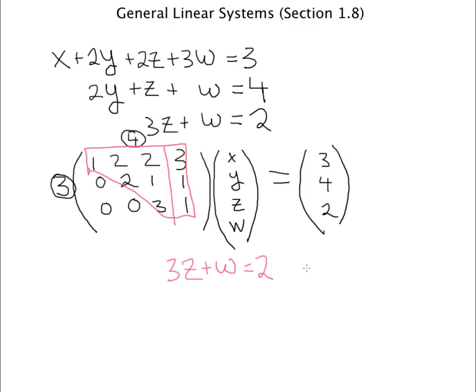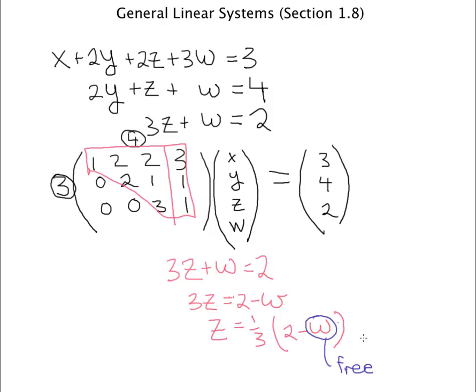And so what you can do is bring w to the other side and write 3z is equal to 2 minus w, or z is equal to 1/3 (2 minus w). Okay, and w is what we call a free variable. We're free to choose this